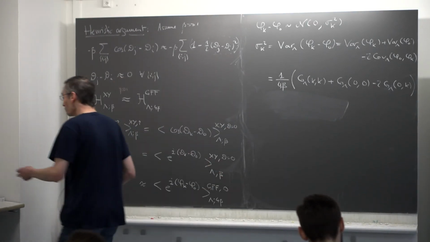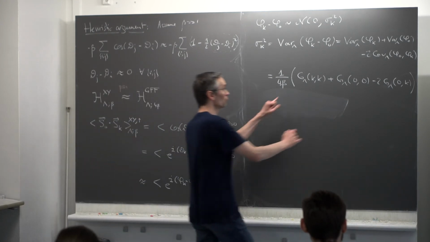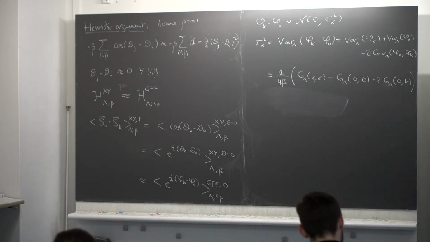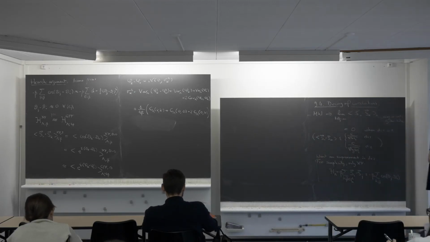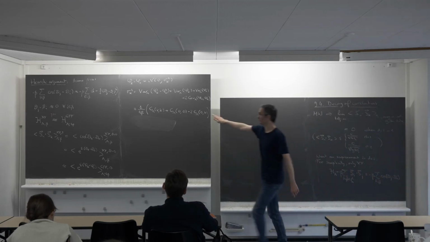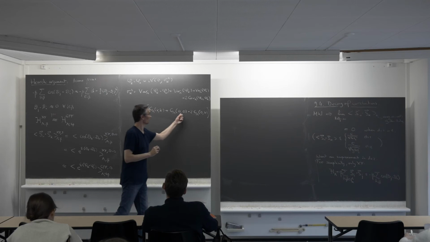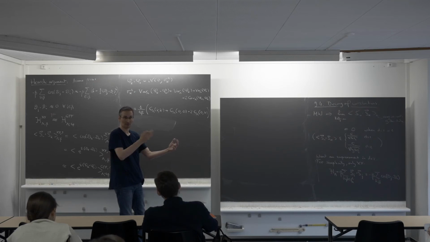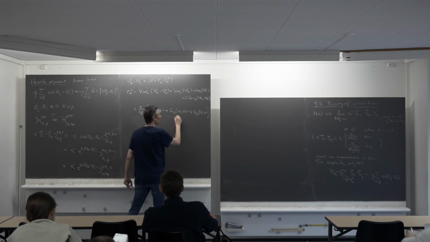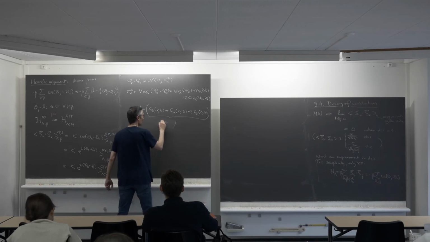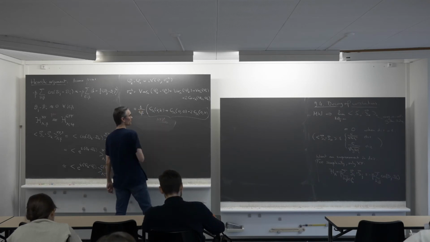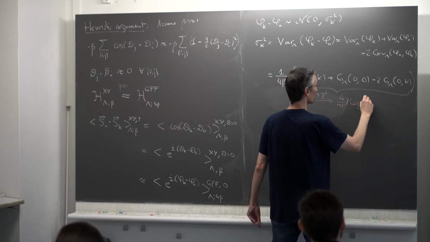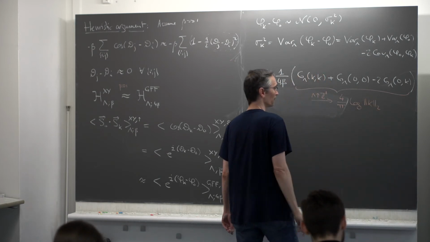Now, again, random walk estimates allow you to compute the limit of this thing as lambda goes to Z^2. In dimension 2, if you remember, the variance of the field diverges, it goes to infinity. So each of these 3 terms is going to infinity as lambda goes to Z^2, but this particular combination of the terms is not going to infinity. The divergences just cancel, and what you get, you can prove, is that when lambda goes to Z^2, it converges to, I think it's 4 over pi, log of the Euclidean norm of k.